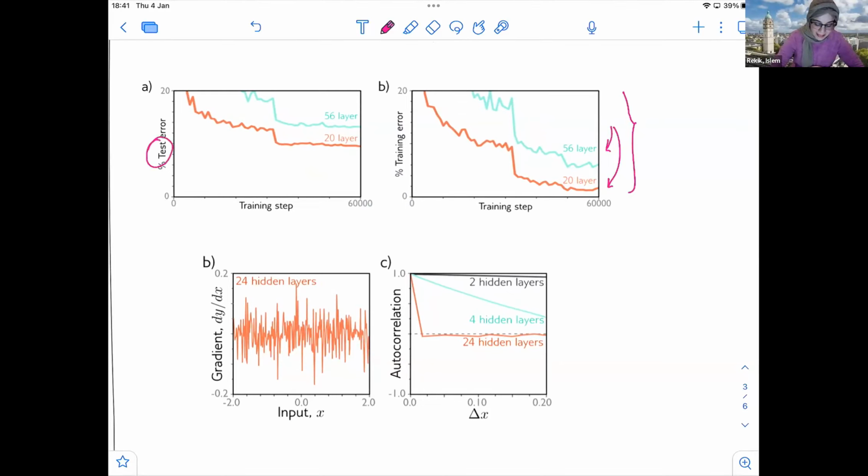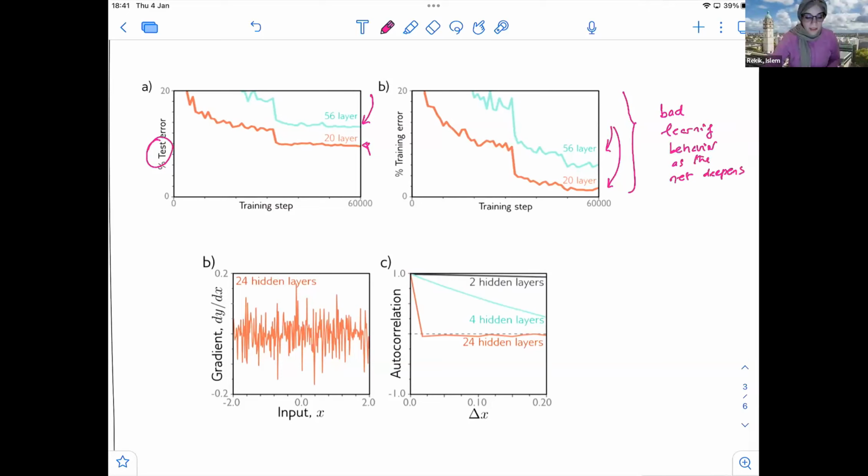So when you have the testing data, we have a worse, I would say, generalizability to unseen data using the blue network. So here you can also see that the test error is much higher than the 20 layer network, okay? So this is what we call bad learning behavior or training behavior as the network deepens, okay?